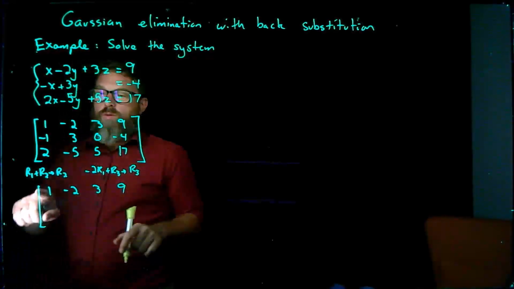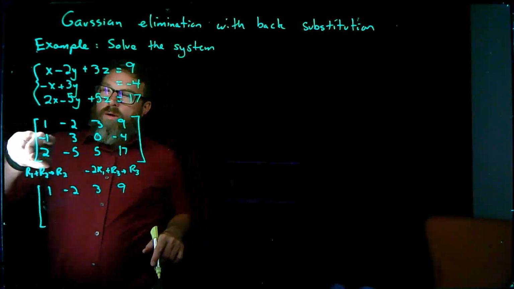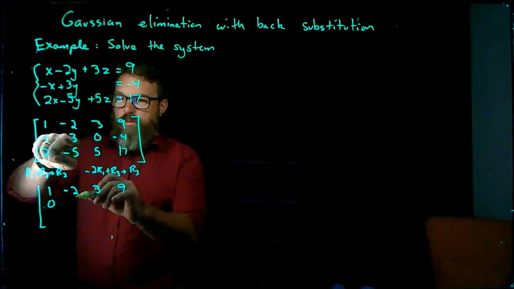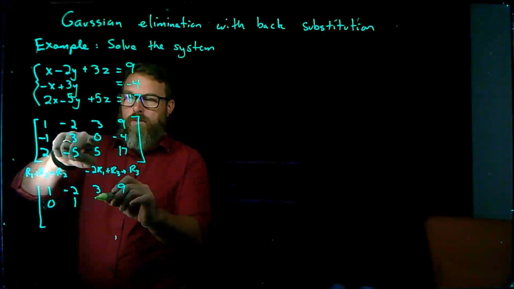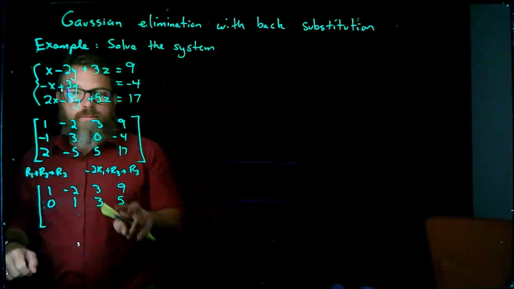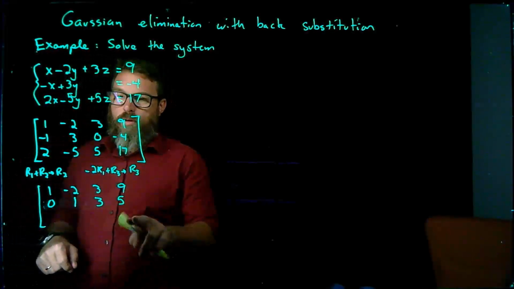So I have 1, negative 2, 3, 9, negative 1, 3, oops. Now, in order to do this row, I'm going to use this. So row 1 plus row 2, well, 1 minus 1 is going to be 0. Negative 2 plus 3 is going to be 1. 3 plus 0 is going to be 3. 9 minus 4 is going to be 5. And now doing this to create a new row 3,